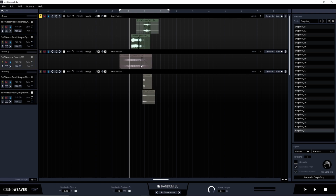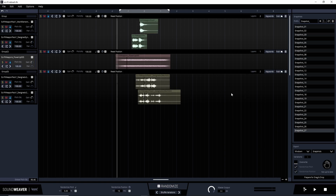And then as you can see here, they're not all aligned. Depending on what I'm creating, for example, my riser might be at the beginning, so I'll move this down like this. And then I'll have my reload mechanical sounds. I usually like to have those at the end. And then the robotic glitchy stuff kind of in the middle, so they're not all together. So now if I play it,